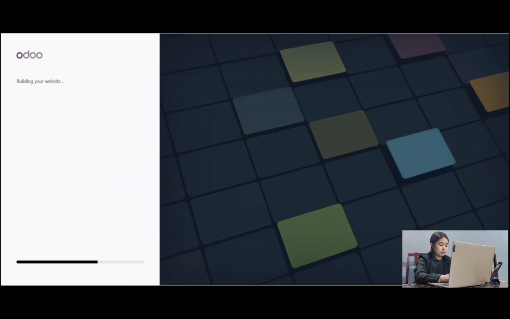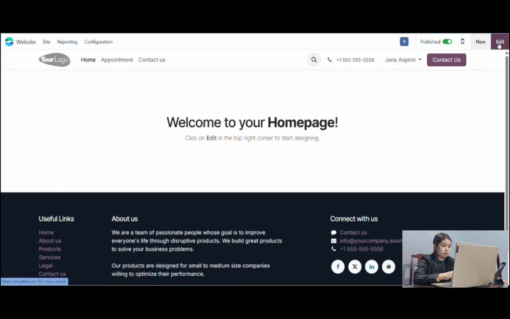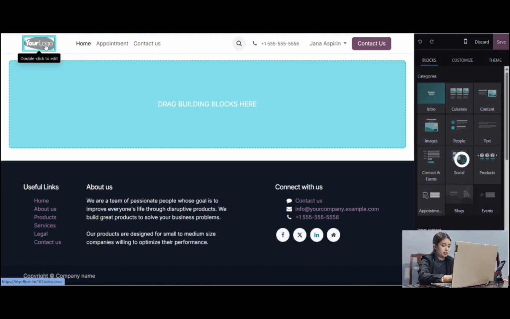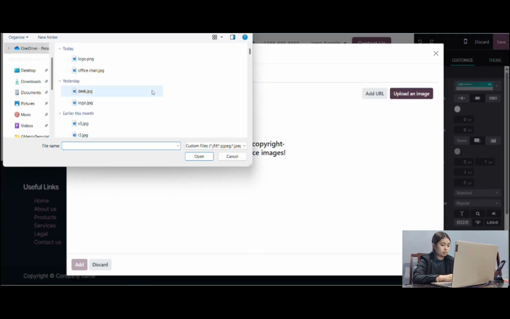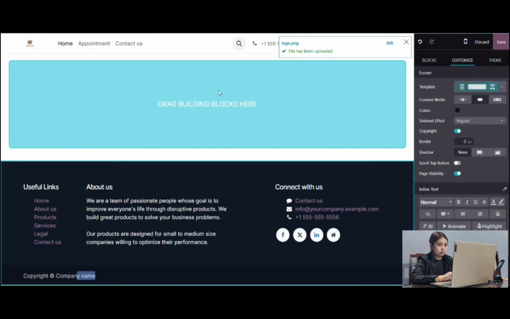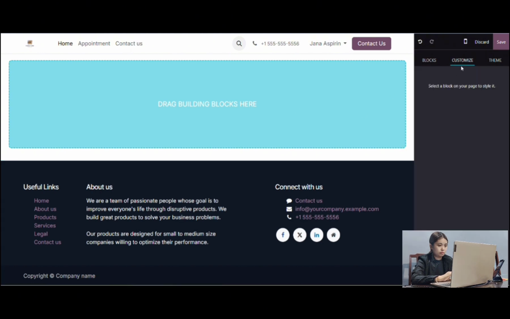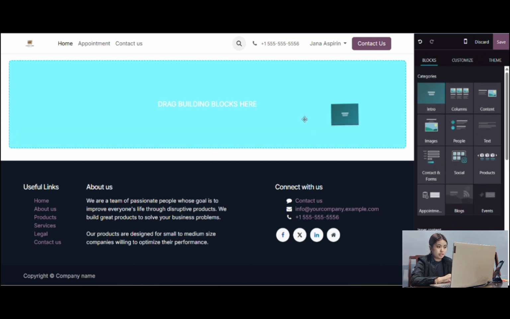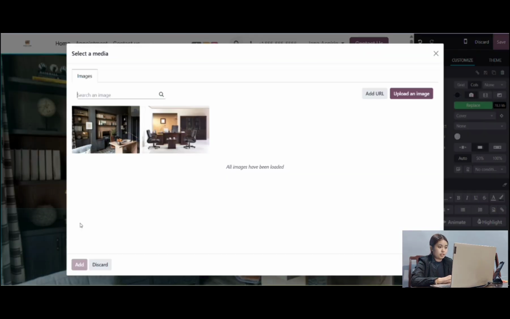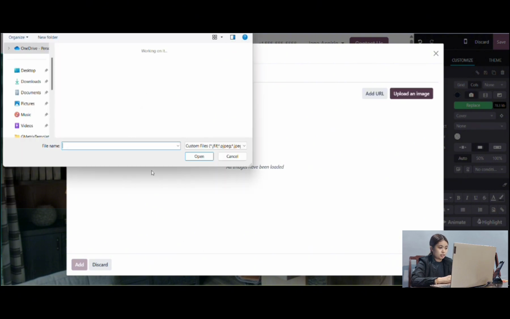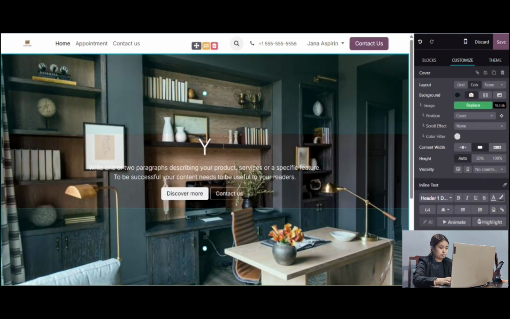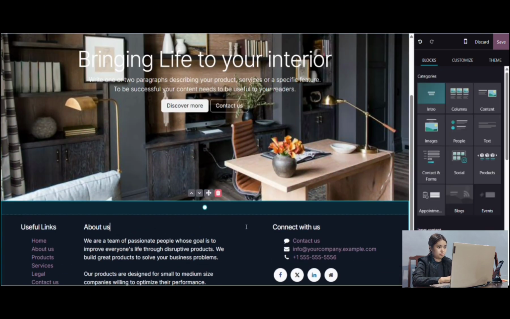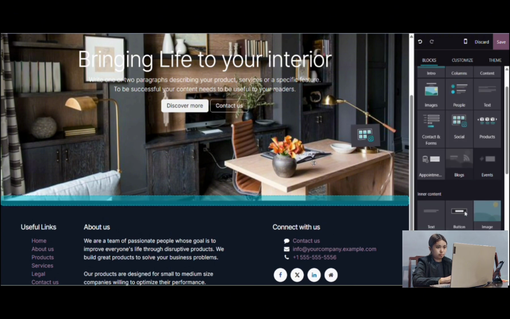In our homepage, we can edit this and put a logo. Click your logo and upload an image and then add. Now, in the homepage, click the intro or drag the intro and then select and then upload an image and then add and then type a heading and then going down, drag the social